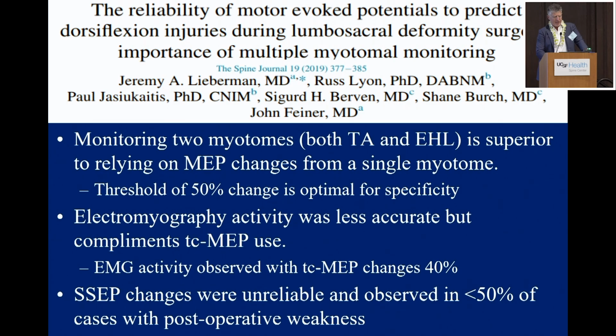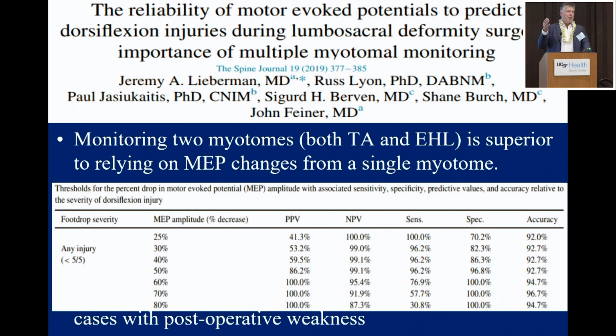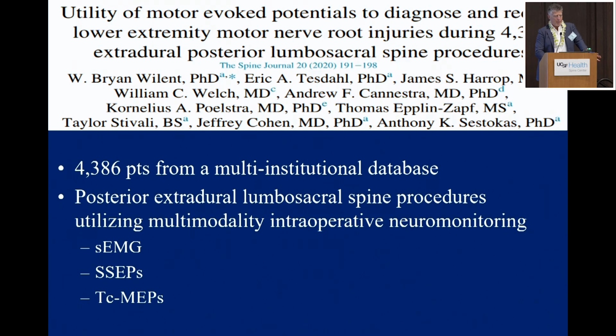And you all recognize the threshold of 50%. Well, part of this was validated by the study where 50% was very sensitive as well as specific for somebody having a postoperative deficit. And this really was, I think, a landmark paper for the importance of looking at multiple myotomes to improve sensitivity to peripheral nerve injury. And this has also been demonstrated